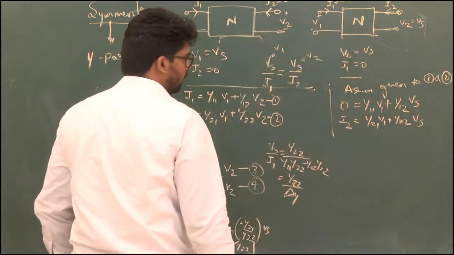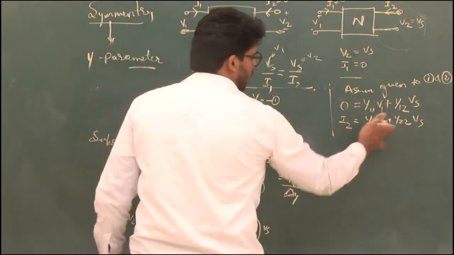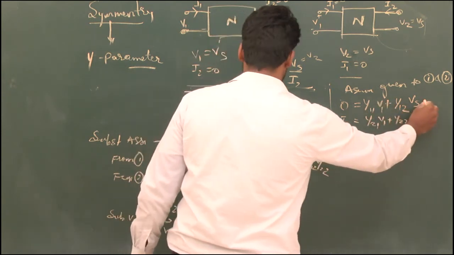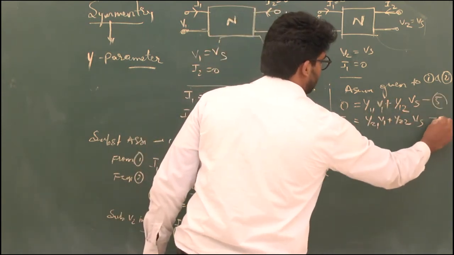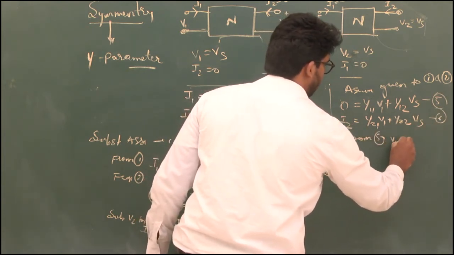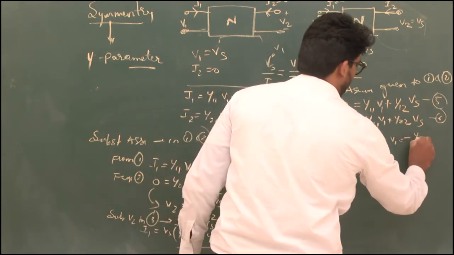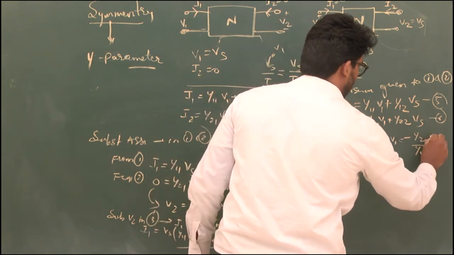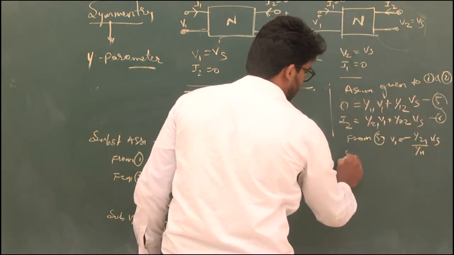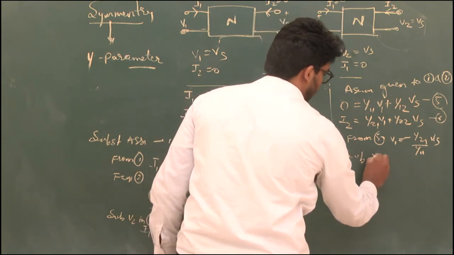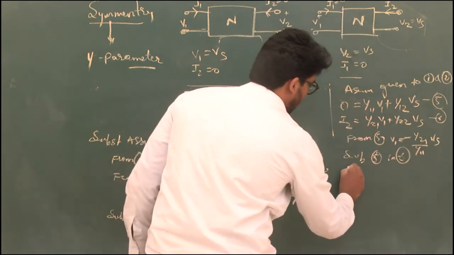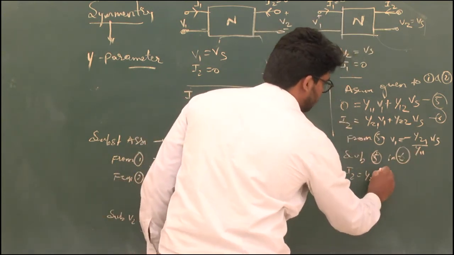So we require again what? Vs by I1, from this circuit. This is equation 5 and equation 6. From 5, you have V1 equal to minus Y21 by Y11 into Vs. Substitute V1 in 6. You will get I2 equal to Y21 by Y11 Vs